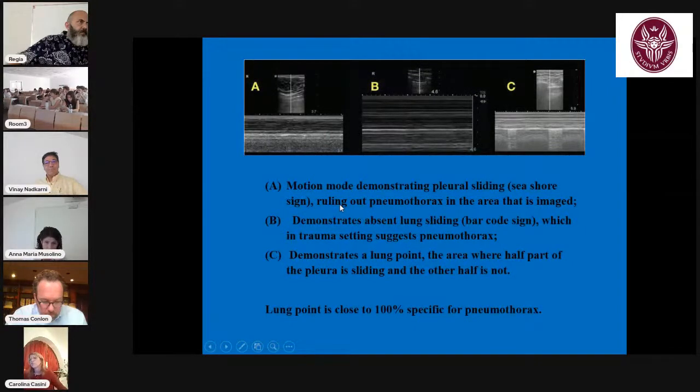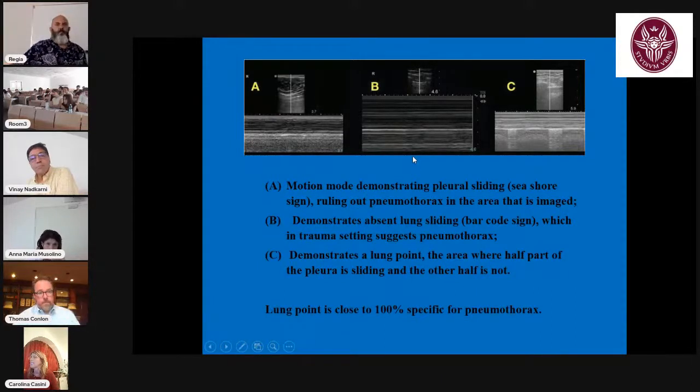Even in the motion mode, we can detect pneumothorax. In the normal findings, we have the classical seashore sign. This is the normal finding where there is no air between the two pleura. This is the finding in image B, the finding of pneumothorax,